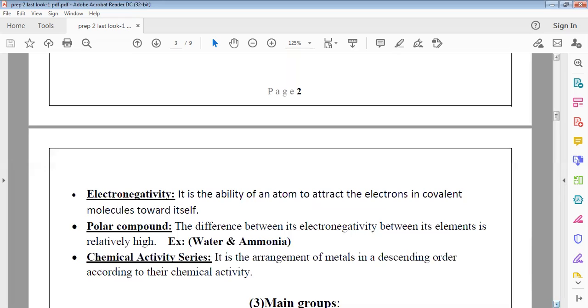طيب just اني عرفت electronegativity بتاعت الاتوم بتاعي I can know the polar compound. طيب polar compound يعني the difference between its electronegativity between its element is relatively high. وكان من ضمن ال strong polar compound اللي عندنا في الليسن ده كان الووتر والامونيا. الووتر اند امونيا. طيب